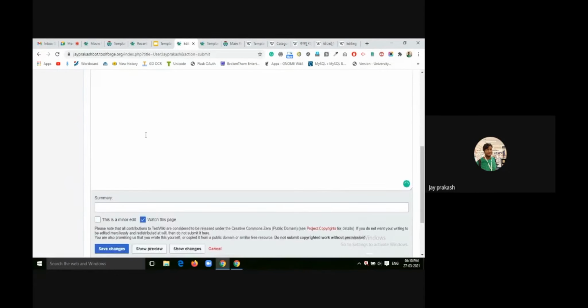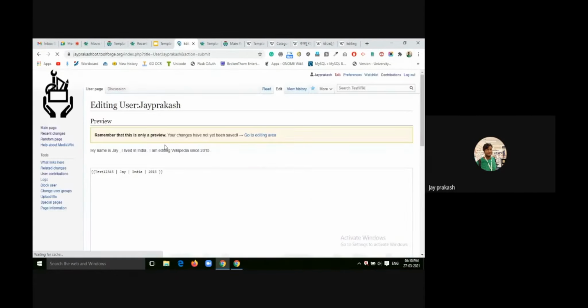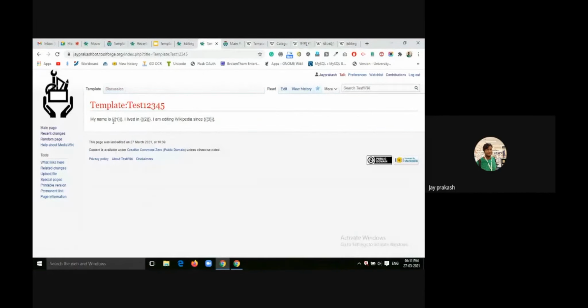Now when I show preview, you can see that triple curly bracket 1 is replaced by Jay, the second is replaced by India, and the third is replaced by 2015. That is called positionally passing parameters, because we are passing the parameters by position, 1, 2, 3, and it goes to the template and replaces the 1, 2, 3 with that content.